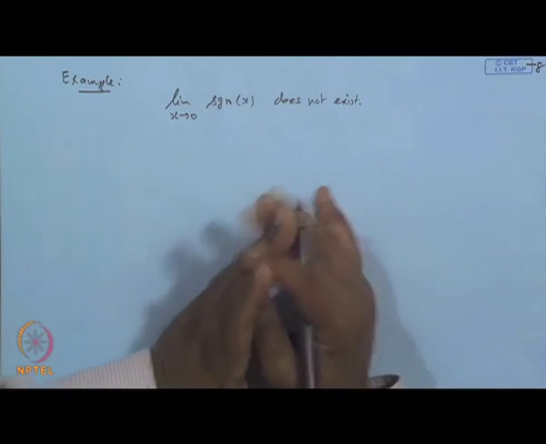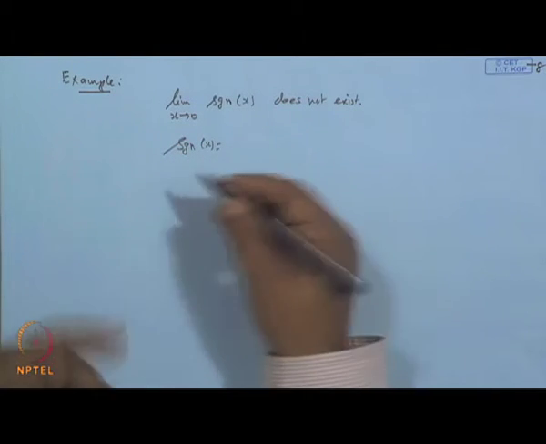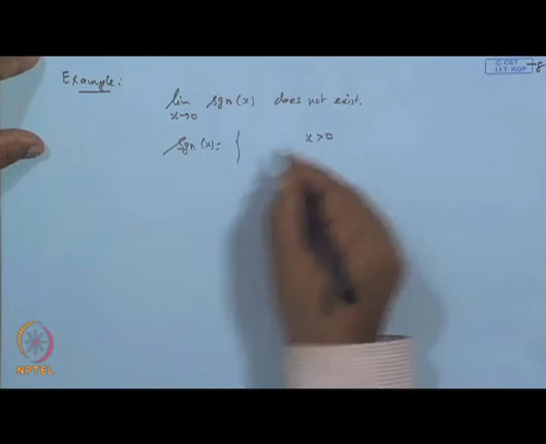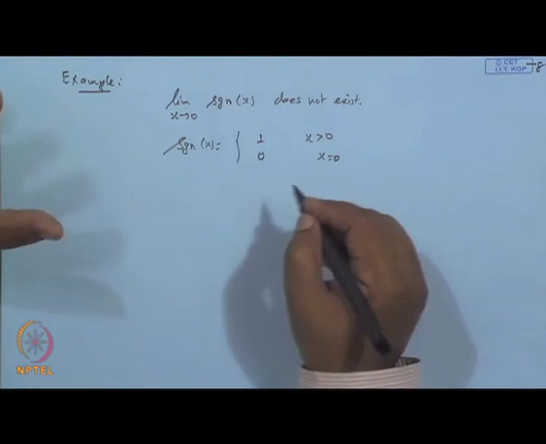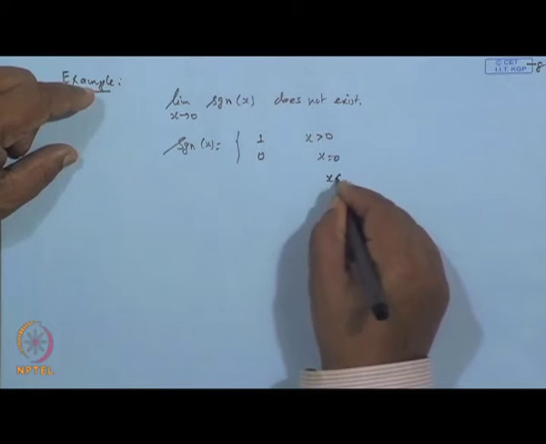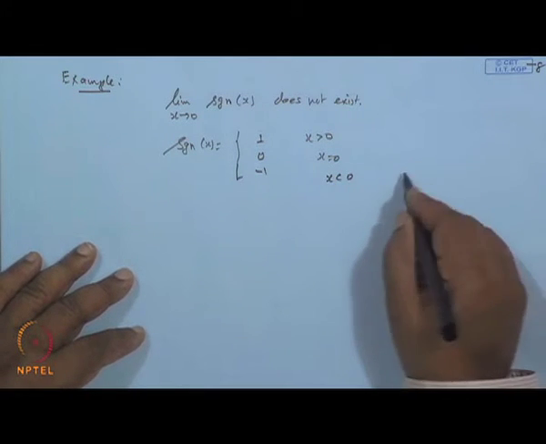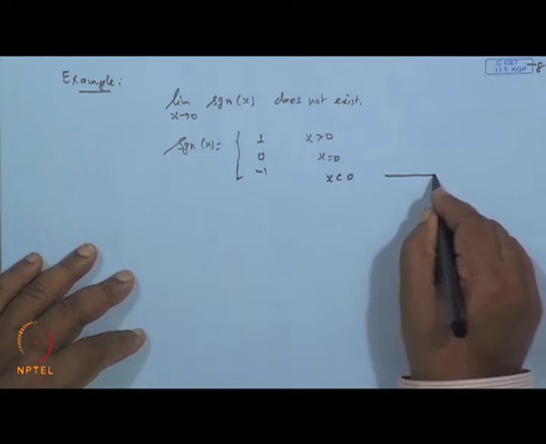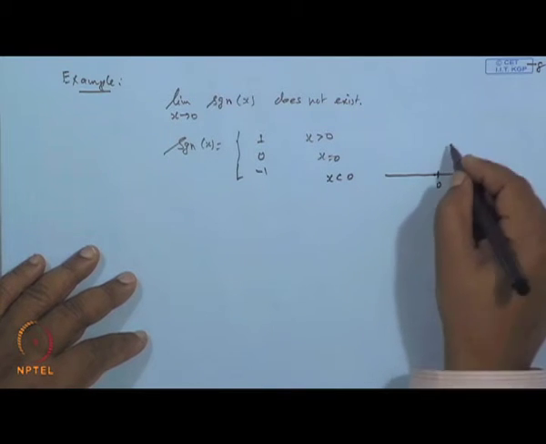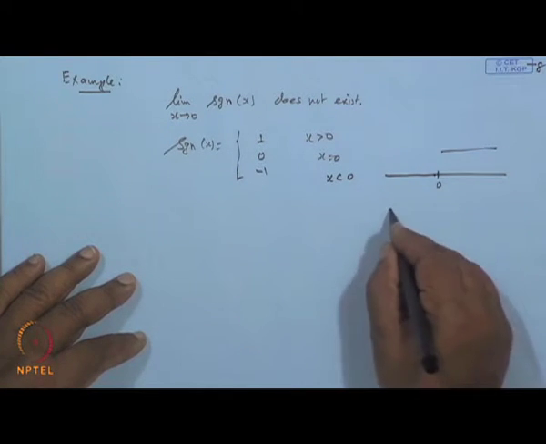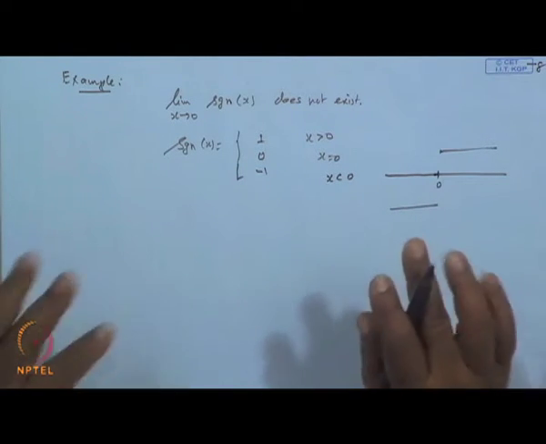It means what? First, what is the signum of this? The signum function is basically the sign of the function. So, when x is positive, the value will be 1. When x is 0, the sign we consider just as 0. When x is negative, we put it to be minus 1. So, this is the signum function. So, when x is positive, the function is 1, when x is negative, the function is minus 1, and at the point 0 we take it to be 0.